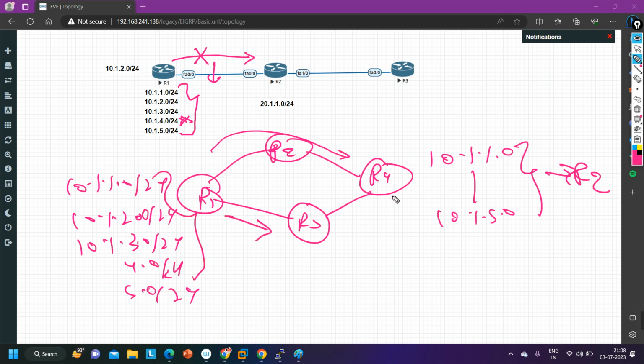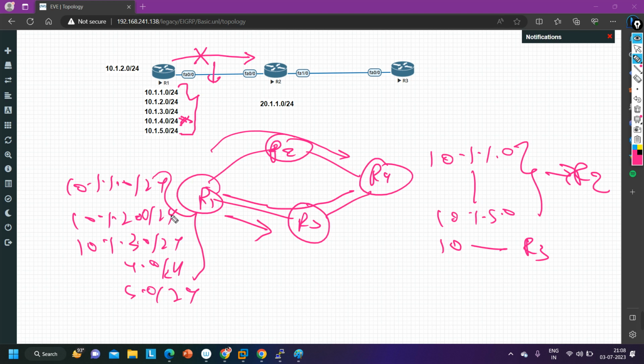If you want to perform load balancing, you can advertise a summary route of all these prefixes from this interface. So router 4 will install one summary route of these prefixes as well via router number 3. So this is what? Path manipulation, yes or no? We can manipulate the path with the help of manual summarization. We can advertise a summary address of all these prefixes from this path. Getting my point?